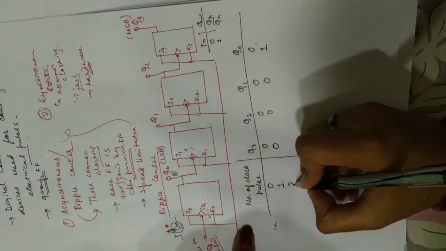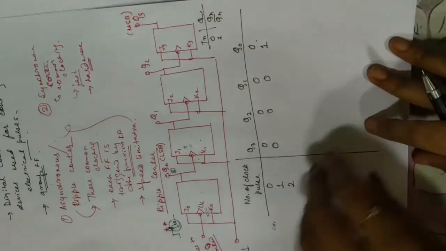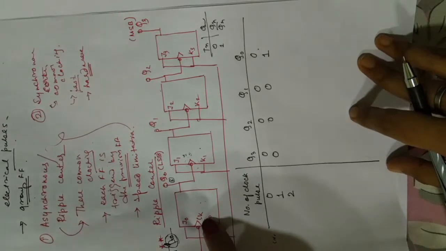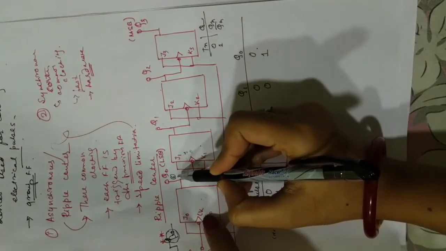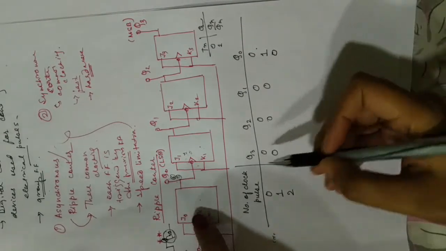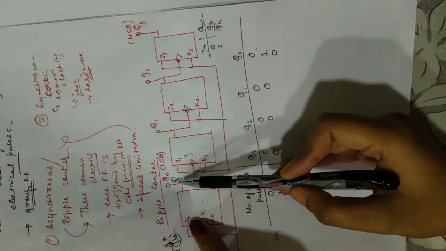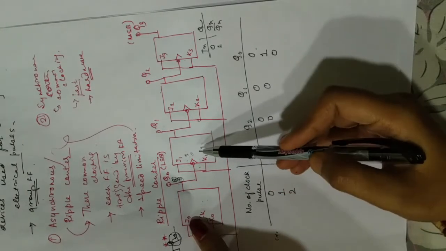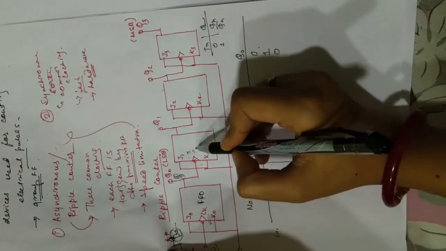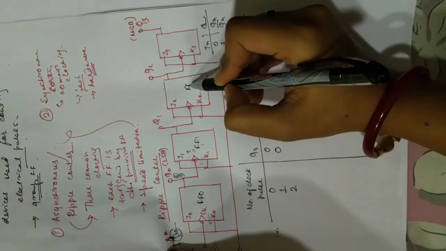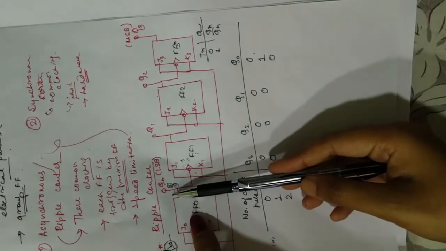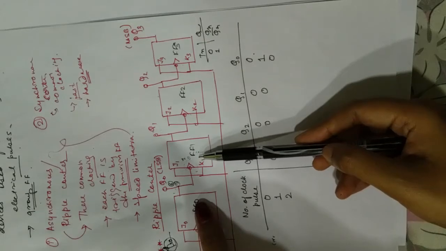Now on the application of second clock pulse, what happens? On the application of second clock pulse, the moment the clock is on the negative edge of the clock pulse, this 1 immediately changes to 0, since it is working like a toggle switch. So this 1 has changed to 0. Now this Q0 was acting like the clock pulse of this second flip-flop. This flip-flop 0, this flip-flop 1, flip-flop 2 and flip-flop 3. Okay, like you can see, this Q0 was acting like the clock pulse of flip-flop 1.